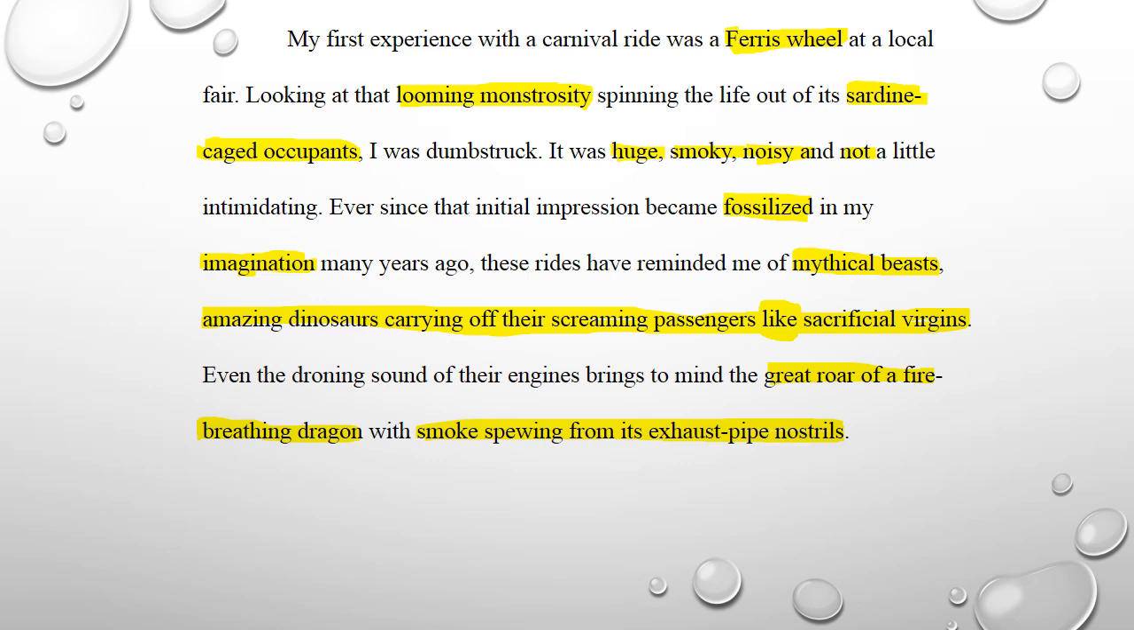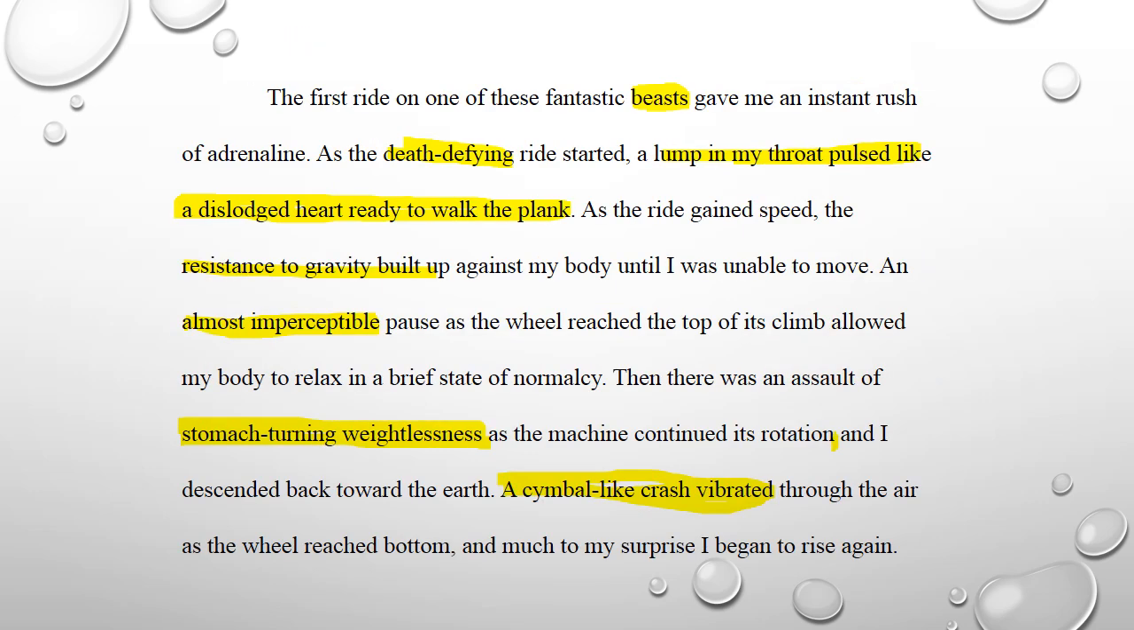So that's a great second paragraph, and a great example of how to make your essay a little more exciting, a little more vivid, and much like the descriptive essay should be. This next paragraph says, the first ride on one of these fantastic beasts, not just this ride, but this fantastic beast, okay? We know it wasn't a beast, but that's how he describes it. Gave me an instant rush of adrenaline. As the death-defying ride